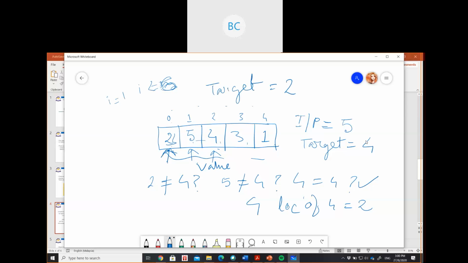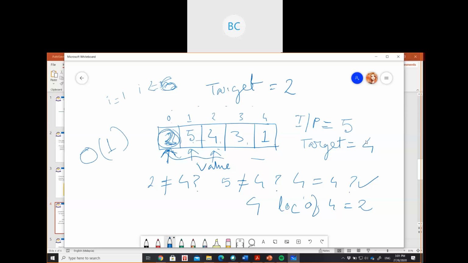This is your first element. How much time is it going to take? It's going sequentially, one at a time. If you are looking for 2, your first element is 2 itself, so it's just taking one step. Therefore, the time complexity will be simply 1.